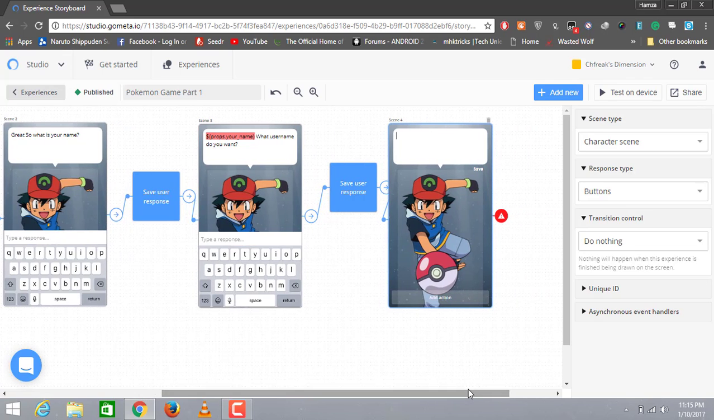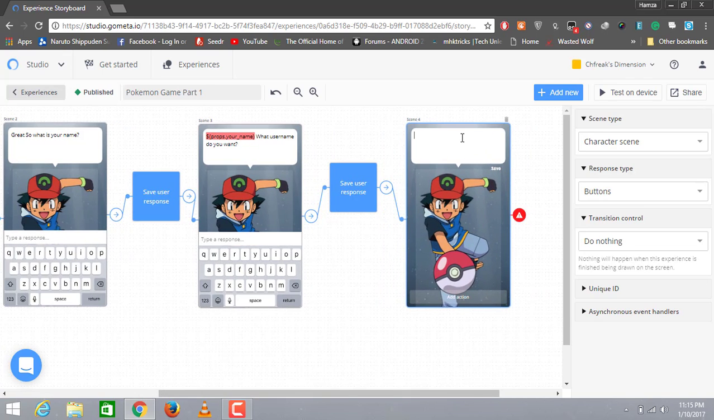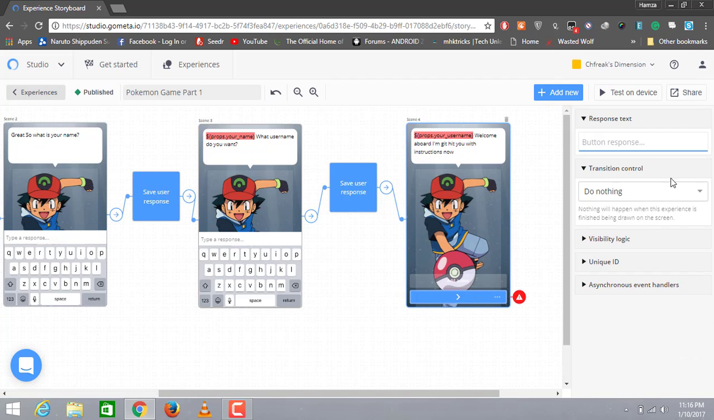Now I'm gonna write the description for this, and that same sprop command will be used, but this time it will be sprop your username. Okay, now I'm gonna write welcome aboard. I'm gonna hit you with instructions. Now I'm gonna click on add action, and I'll